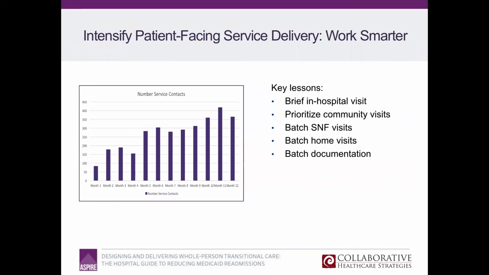And so you can see a couple of the ideas that came out of this experience. But we started asking ourselves, do we all have to show up to the hospital to get this transitional care work done? And so we started liberating workflow and really prioritized the transitional care team. We prioritized home visits and SNF visits over team meetings, innovating and saying what is in the service of the patient, because it's only in the service of the patient that we can possibly reduce readmissions. So again, this is process measure number 3 that I recommend.